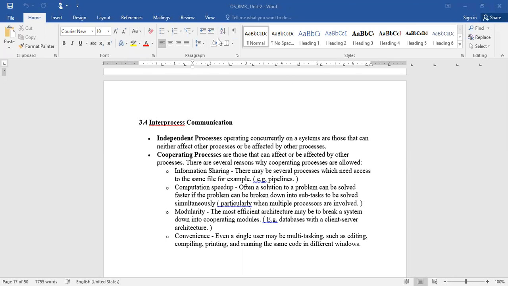You can unmute yourself and ask, or drop a message in the chat box. Make it fast. Once you are clear with this, you can easily understand inter-process communication. I gave a brief idea about it in the last class, but now we'll see inter-process communication elaborately.